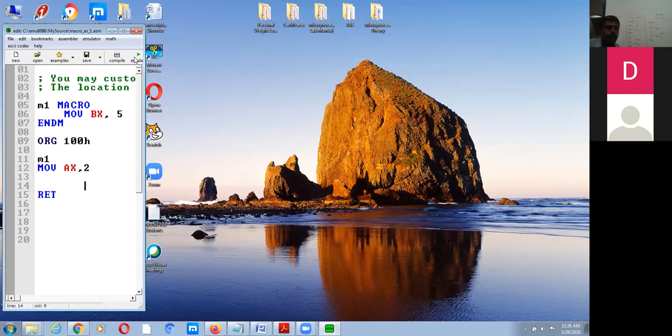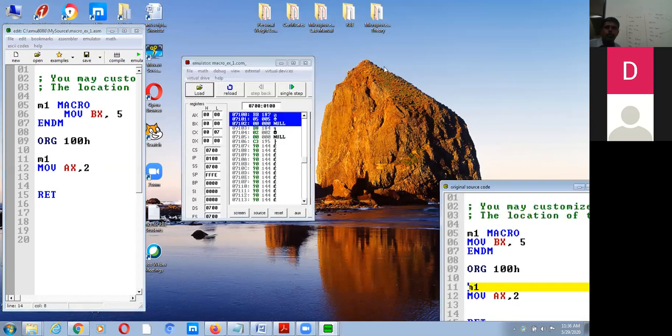So we will emulate this. And we will see, we'll go a single step.